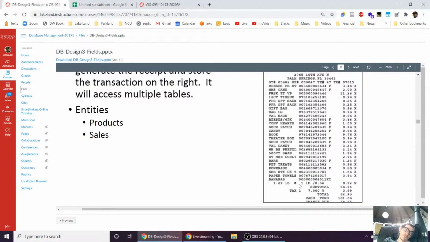So when the cashier, or at a self-checkout, whenever you weigh the product, that gets stored as a sale, a potential sale of that product at that weight. Okay, and then to look up the price per pound, multiply those, and